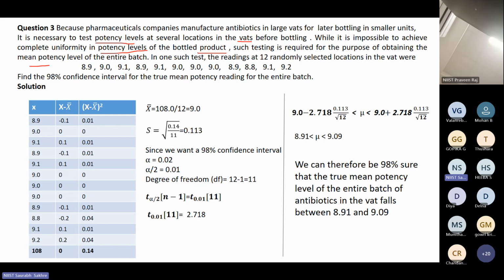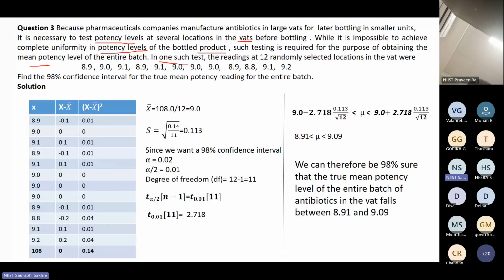You would have seen in many tablets, suppose multivitamins, you may be taking, let's say, 2.2 mcg of methylcobalamin. Methylcobalamin is vitamin B12 basically. You may be taking 2.2 mcg, but in your body that may not be fully absorbed. Of course, some bioavailability factors are there, but apart from that, the content of the capsule also depends on the potency of that chemical in that capsule. So that is why testing is required.